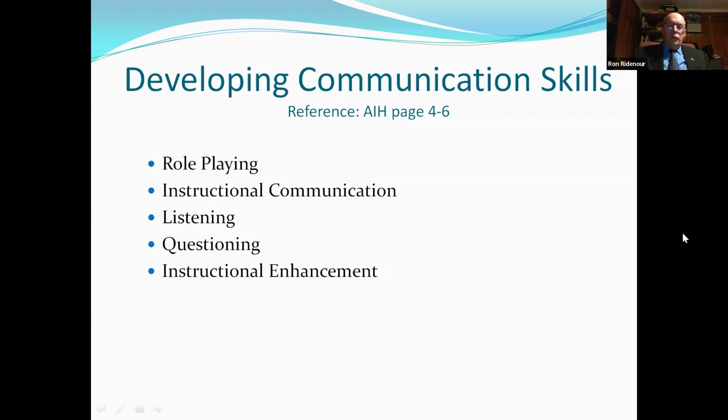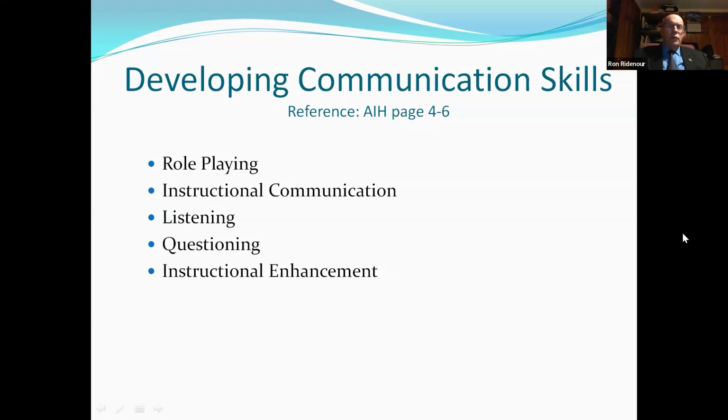And that's also the instructional communication part of it. You have to be succinct in your communication when you're trying to correct somebody, an error that they're making or whatever, so that you can use your words carefully and precisely so that they can understand and correct that situation. You also have to be a really good listener. Both you and your learner have to be good listeners, because if you don't hear what they're saying, you don't interpret what they're saying in the way that they're meaning it to be.